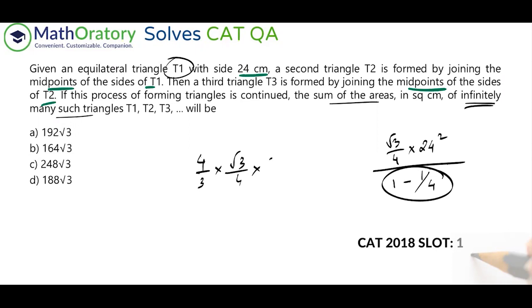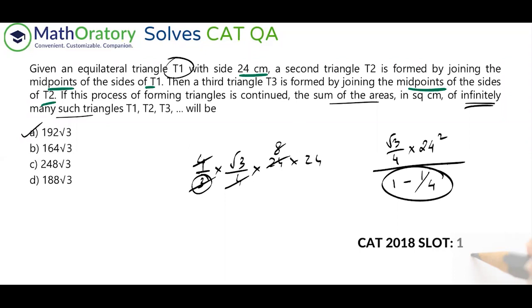And this 24 square, write it as 24 into 24, because what I'm observing is this 4 cancels out, but then this 3 has to cancel out. So keeping 24 square will enable you to again multiply that first. So don't do that. Do it like this. Becomes a little easy. So 8 into 24 is 8 into 25, 200 minus 8. So that is 192. So 192 √3. That is the answer for this question.